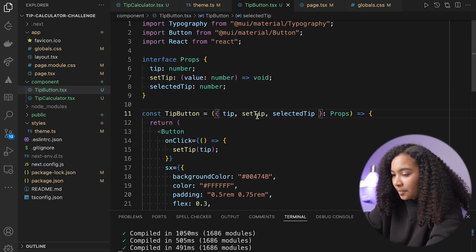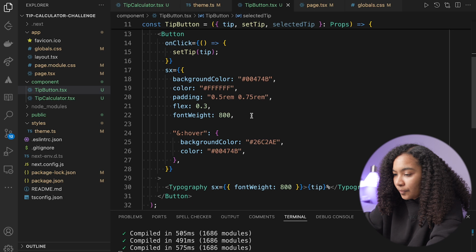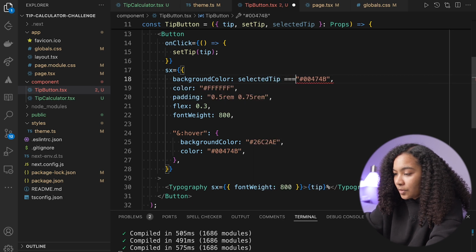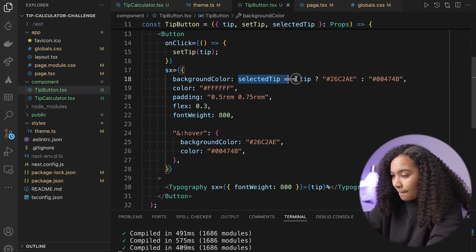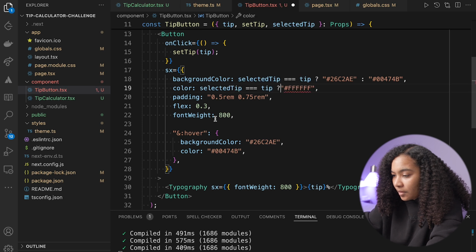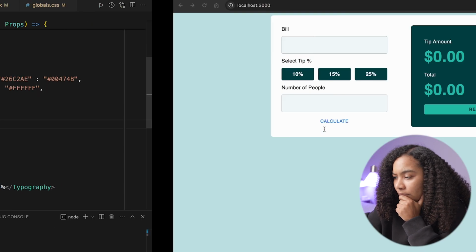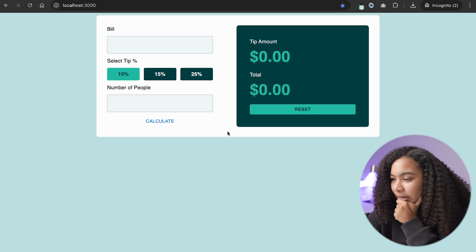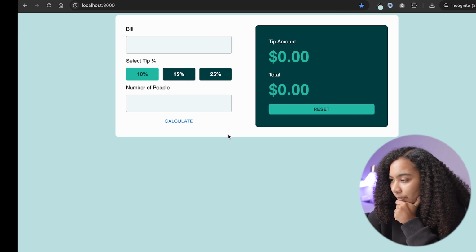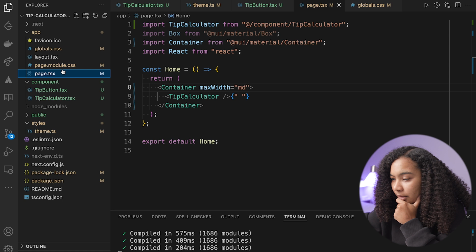We'll say selected tip equals tip. If yes, you do this color. If no, do that color. All right, so that if I go here, perfect. That's what I want to see. Awesome. What else can we do here? Let's go ahead and